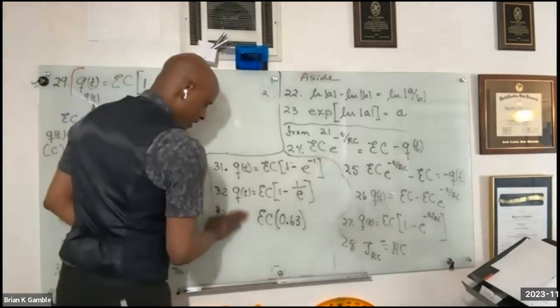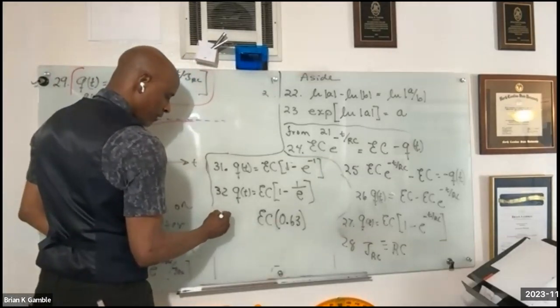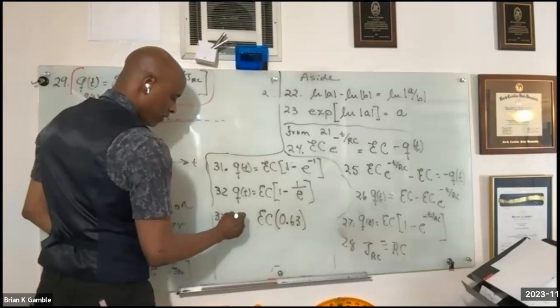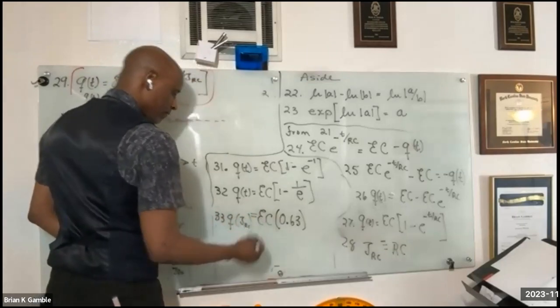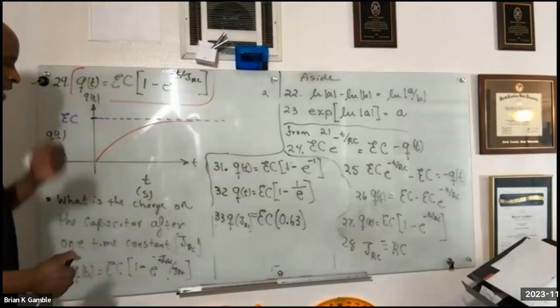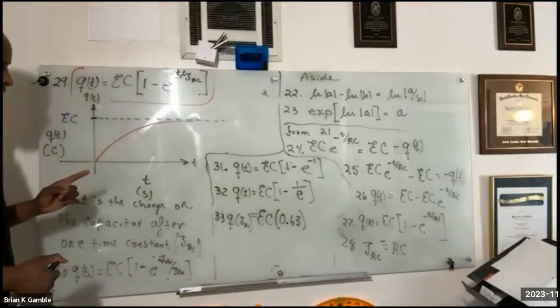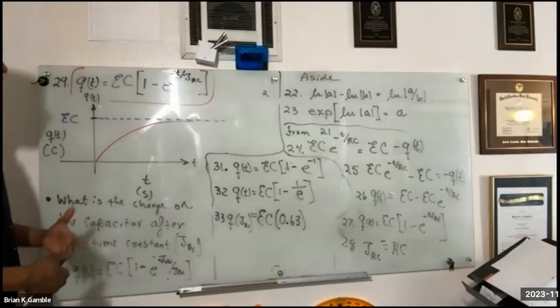In fact, on the right side, let's just say a time constant. So the time is Q of tau RC. The way that's interpreted is that after one time constant, the charge has reached 63% of its maximum